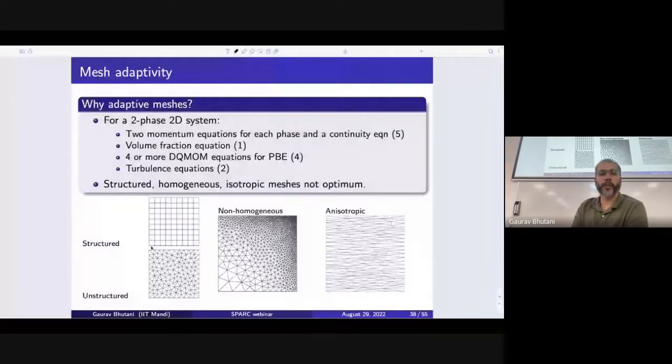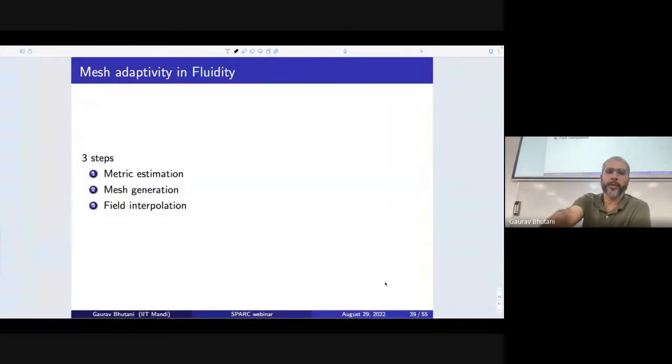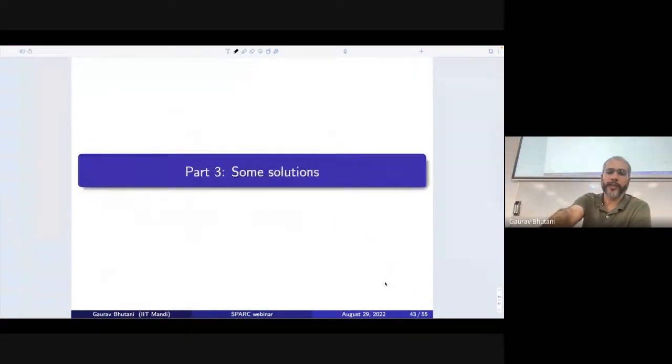So our mesh nodes can be made non-homogeneous, and the mesh can evolve in time. It could also happen, for example, in boundary layers, that the gradients are very strong in one direction, but they don't change much in the other direction. So we can have elongated elements, anisotropic meshes, created. So we can use these ideas and very effectively solve